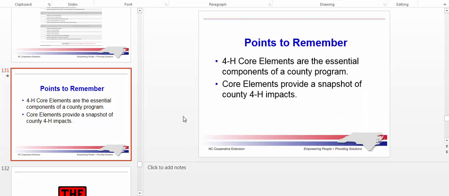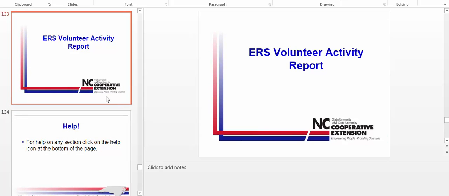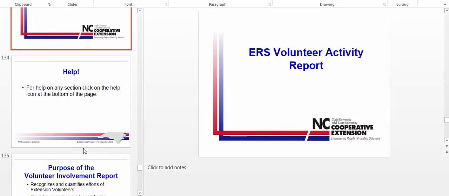4-H core elements are essential components of a county program, and they provide a snapshot of county 4-H impacts. Several years ago we started doing volunteer activity reports. Part of the problem was we had volunteers in various sections of the ERS, and we wanted to make sure that